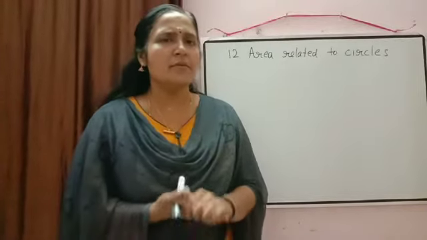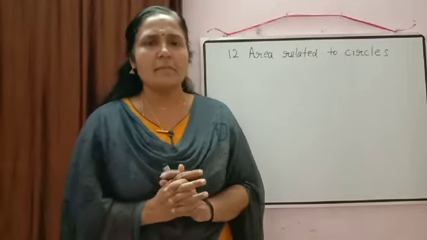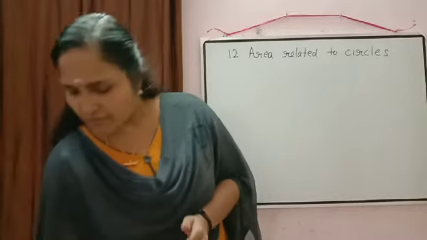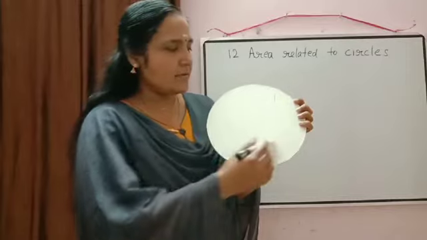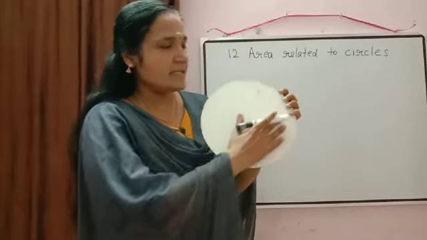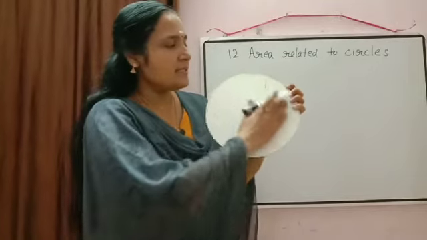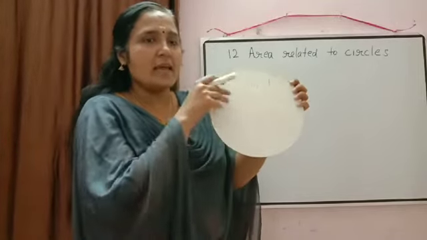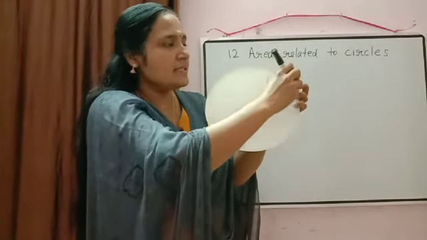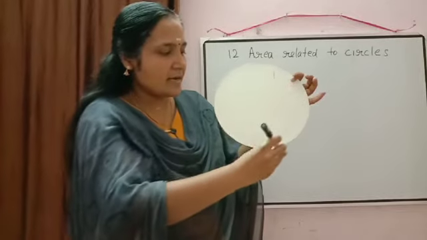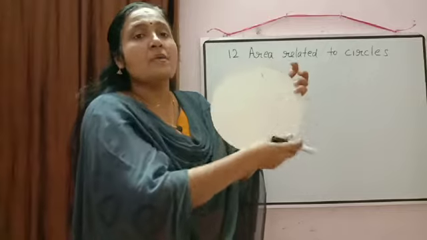About circle, you know so many things. So once again, first we will revise the concepts which you studied. I am showing you a circle. This region is called its area, correct? If we are roaming around this region, we are covering its area. And if I am cycling along the edge, I am covering the circumference of the circle, or sometimes it is called fencing also, the outer boundary.